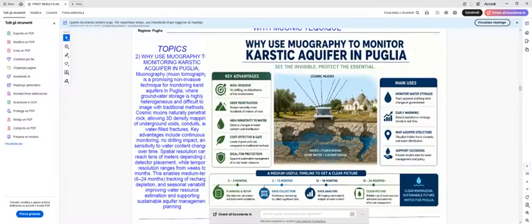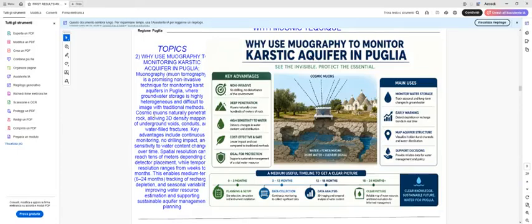You have the following benefits of this muography. In this case you have deep penetration, high sensitivity to water, cost effective and safe, ideal for protection. The main uses: monitoring water storage, early warning, mapping aquifer structure, supporting decisions, and also making something like a photograph, and also provision of data and support for administration decisions. Muography is providing a non-invasive technique for monitoring karst aquifers, where groundwater storage is highly